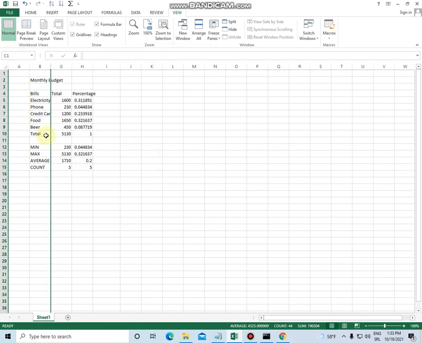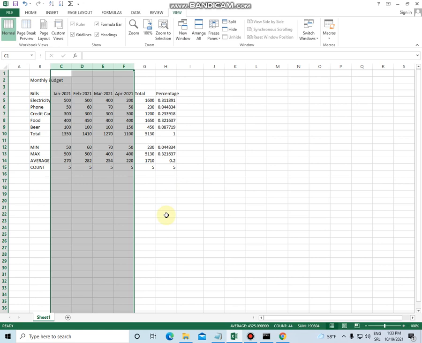And as you see, now I can see just the bills, totals and percentage. But if I want to bring them back as it was earlier, just right click and go to the option unhide, and it will bring them all back for us.